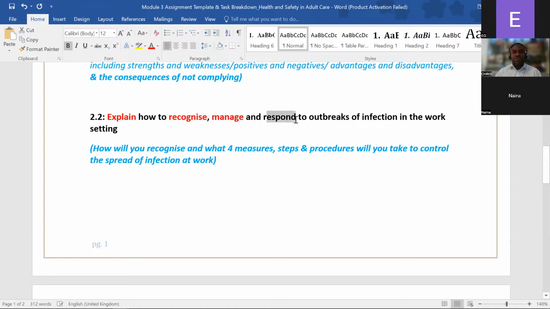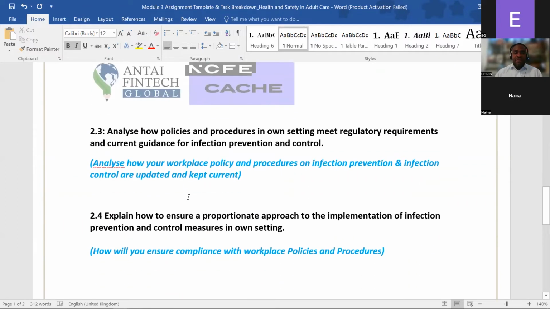So what to do to answer this question? We want you to explain how you will recognize an outbreak and what 4 steps or measures or procedures you would take to control the spread of infection at the workplace. Okay, we're going to look at some of them again. Then